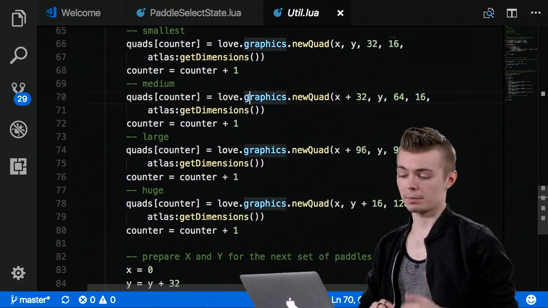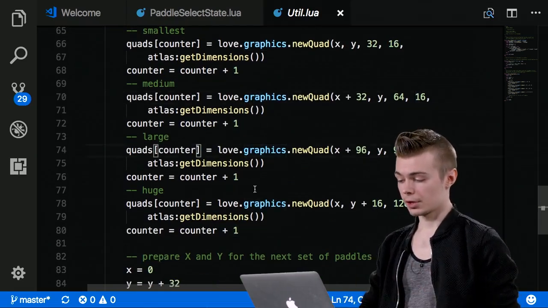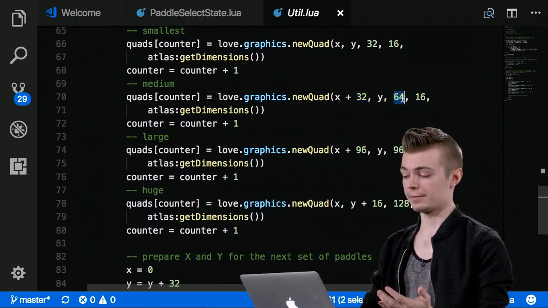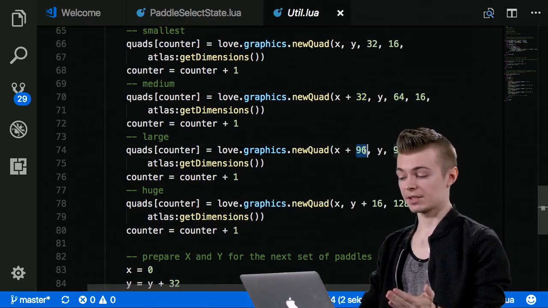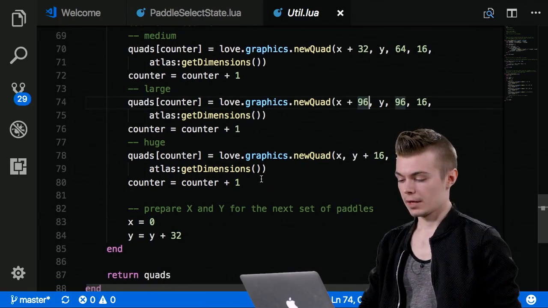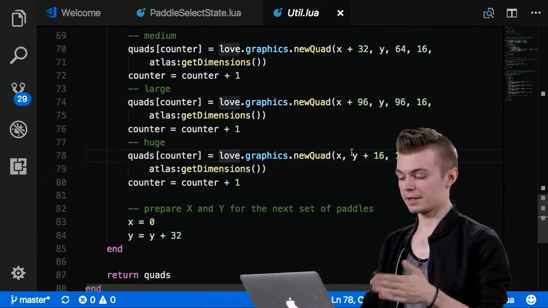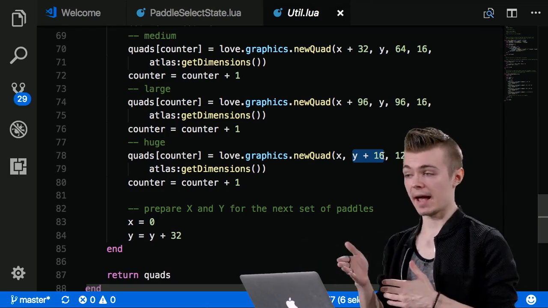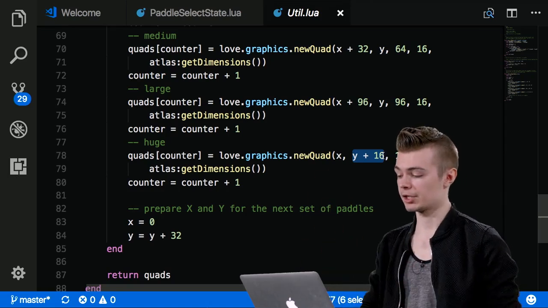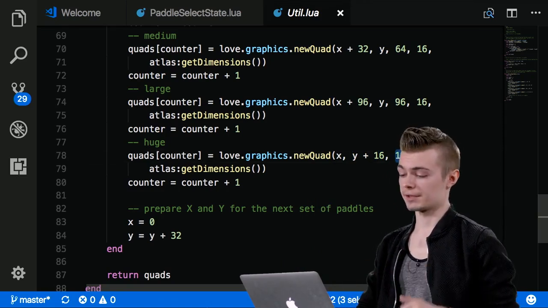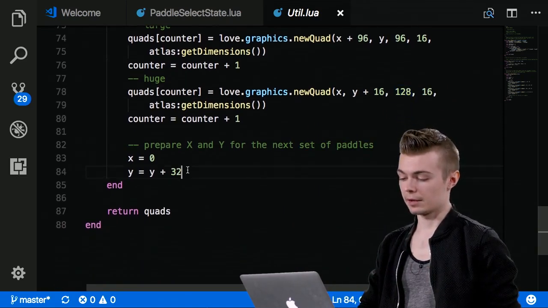The same exact logic applies for medium and for large, only that we're adding 32, and then we're making it size 64. And then we're adding 96 to x at size 96 because they're getting wider, but they're also offsetting more to the right. And then the last bit is pretty much the same thing as before, except now we're going y plus 16 back to x because we've gone down a row in our sprite sheet. The paddle width at that point is 128, but still 16 pixels. And then here at the bottom,